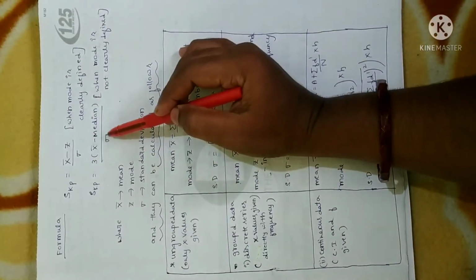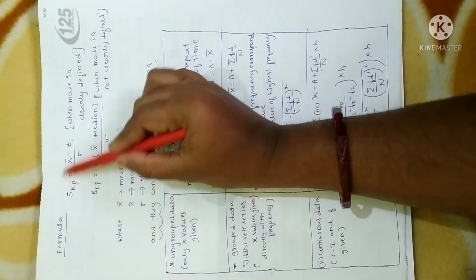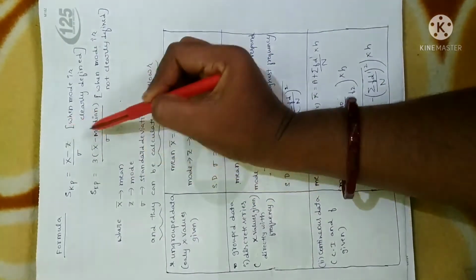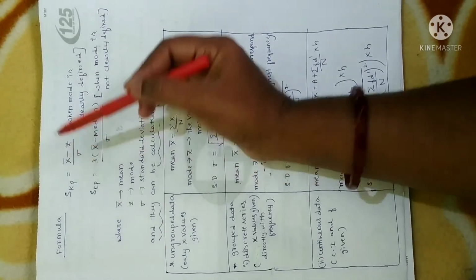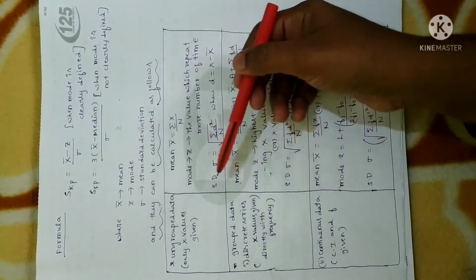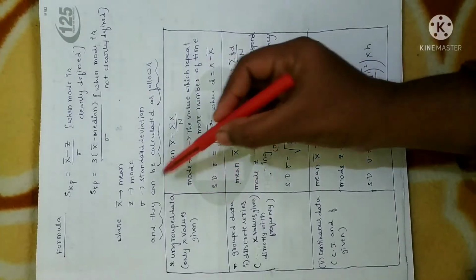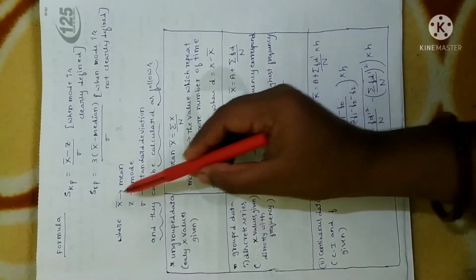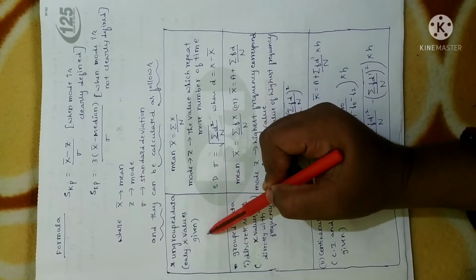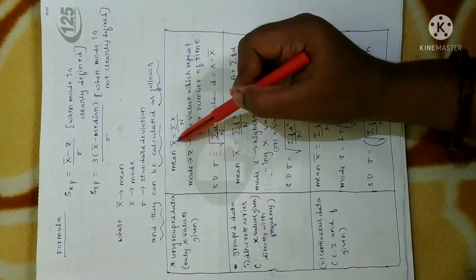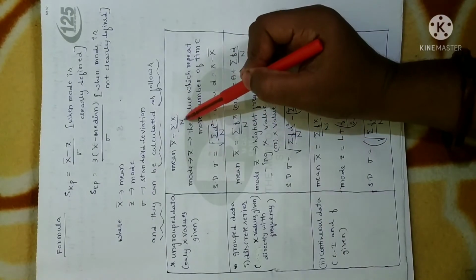Anyhow, these two formulas will not be changing. So we are going to use the first formula in almost all cases. The second will be used only when mode is not clearly defined. Fine. With respect to the first formula, I am going to explain, though of course it is applicable for the second formula as well. So we can calculate the mean value for ungrouped data, ungrouped in the sense only x values are given. So we can calculate the mean by using x bar is equal to sigma x by n.